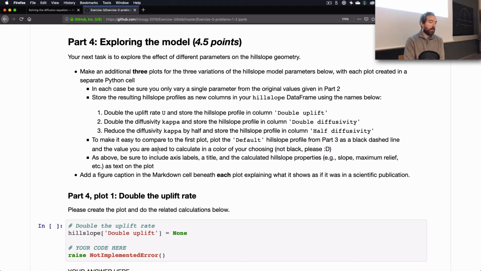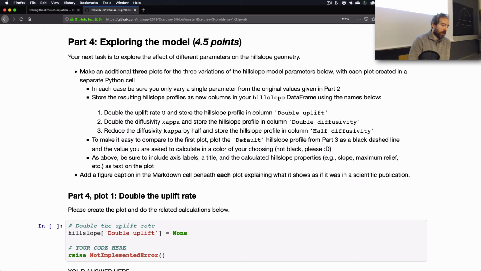And what's asked is that you plot first the case you calculated in part 3, so this default case, and then you plot the version for twice as high uplift rate or twice as high diffusivity, so that you can see the 2 on the same plot and see how increasing the uplift rate, decreasing the diffusivity, whatever it is, how that affects the